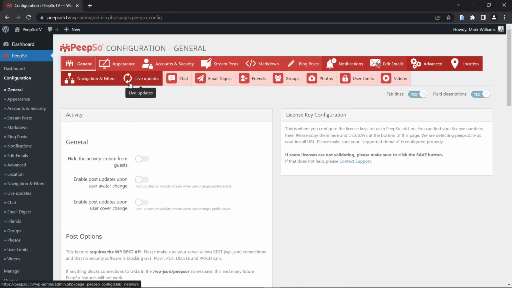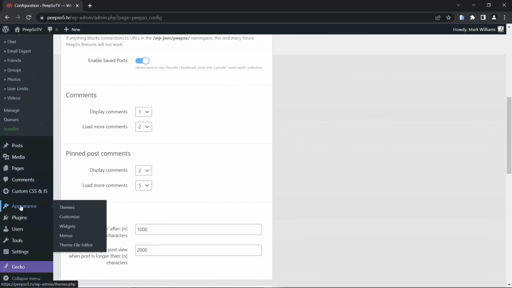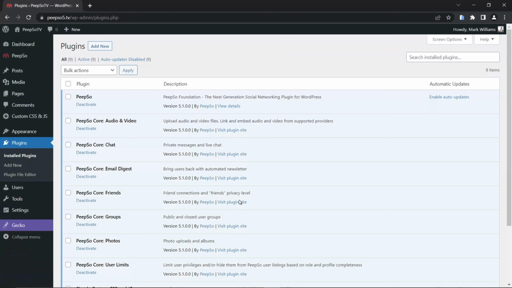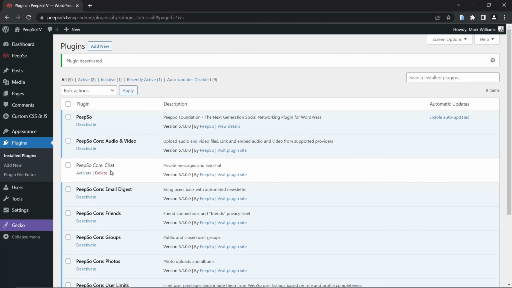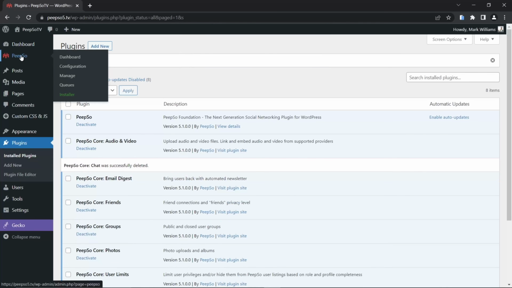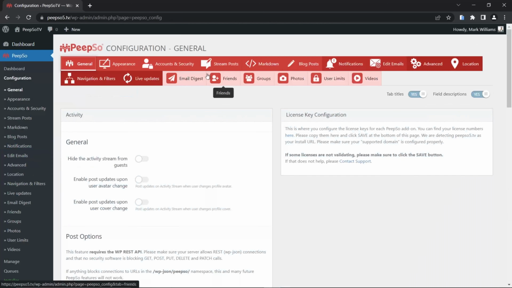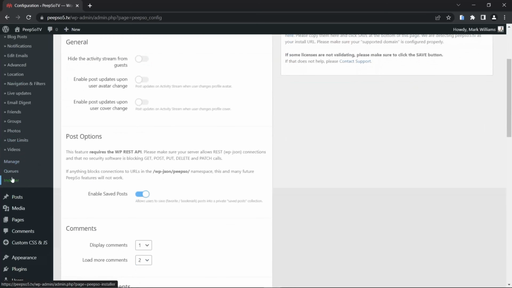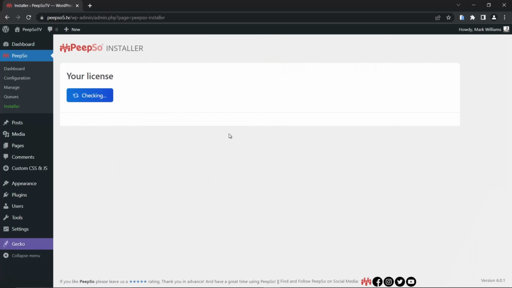option over there. You see, if I go and disable the chat plugin by going to installed plugins and then deactivate this, let's delete it completely from the website, and then I go back to the configuration, I don't really have the chat plugin anymore. Okay, to install it back, I will go to the WordPress dashboard, then PeepSo installer, wait for